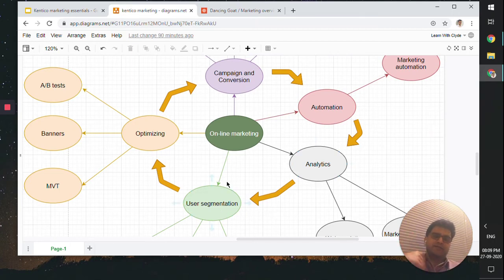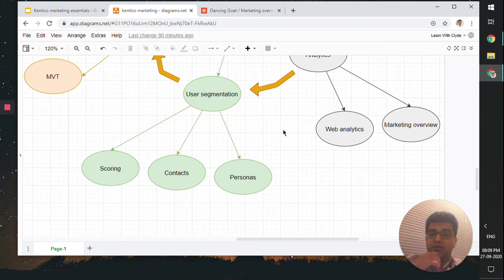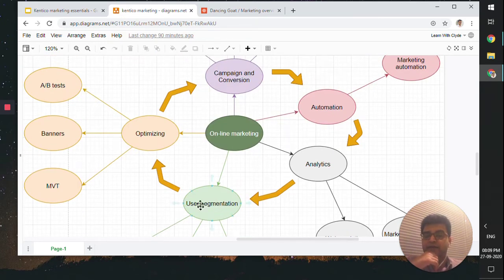Then once you have gathered some information about your site, you might want to define your users, and then you might want to run some tests to gather some more information about the pages. You might want to run some campaigns and conversions based on that,